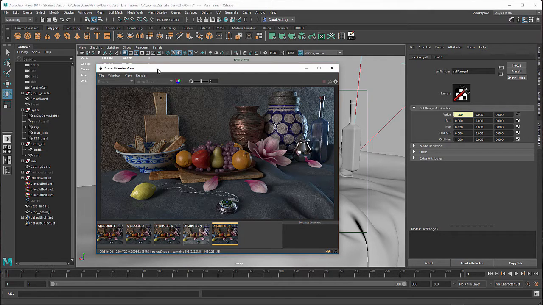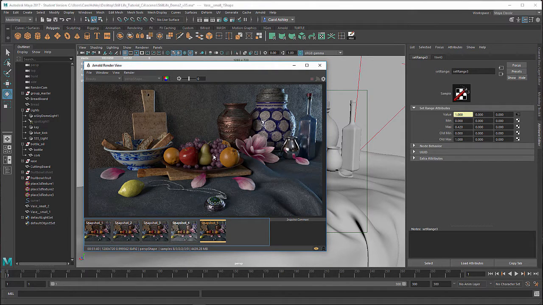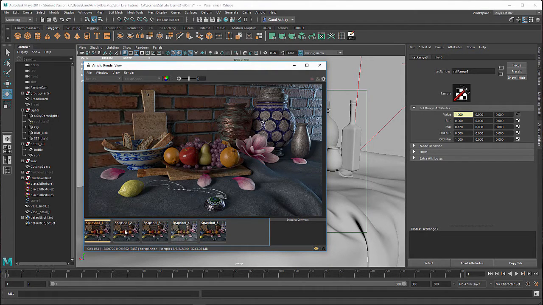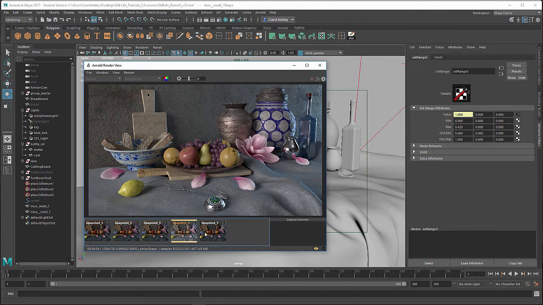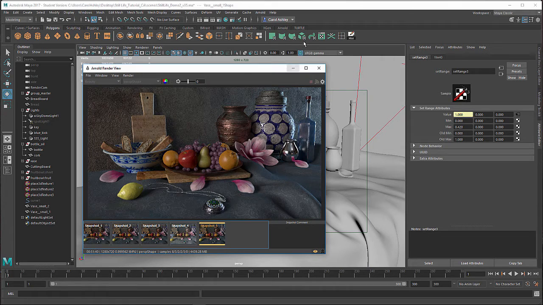So let's go ahead. I've got my Arnold render view right here, the scene that I've rendered out. I've kind of taken it through a few iterations here and finally settled on this. This is actually an incorrect gamma setting right here. If you're having this issue, sometimes the sRGB gamma gets shut off. If that's the case, if this is grayed out here and you don't have this on-off blue kind of toggle